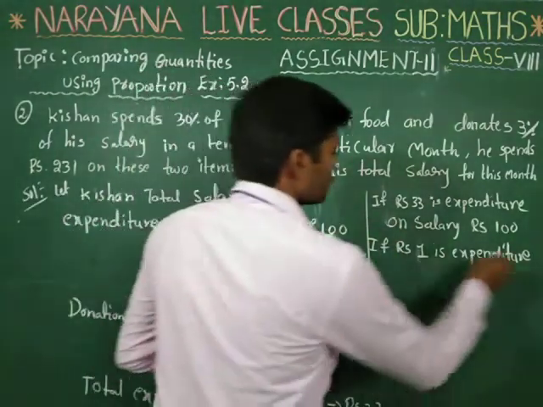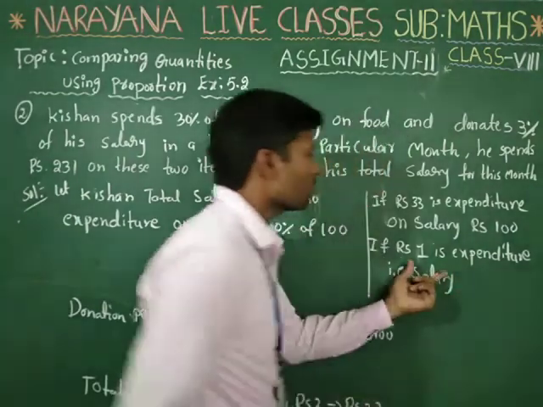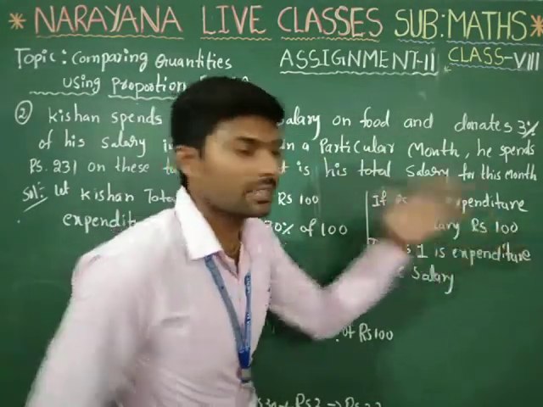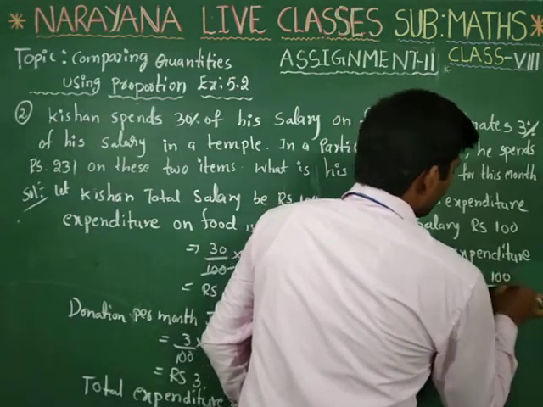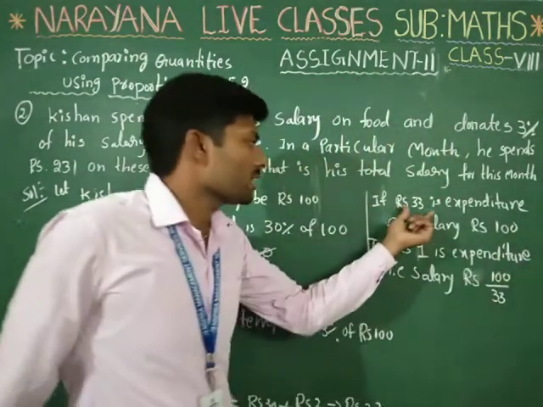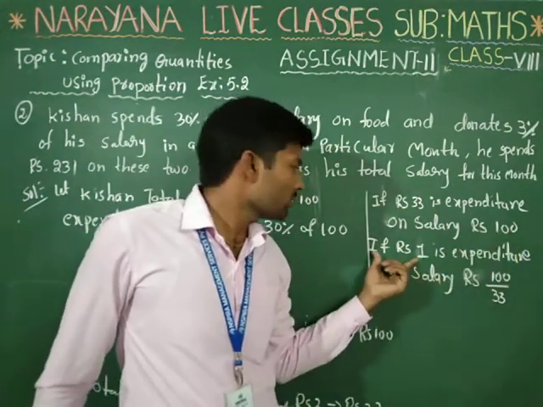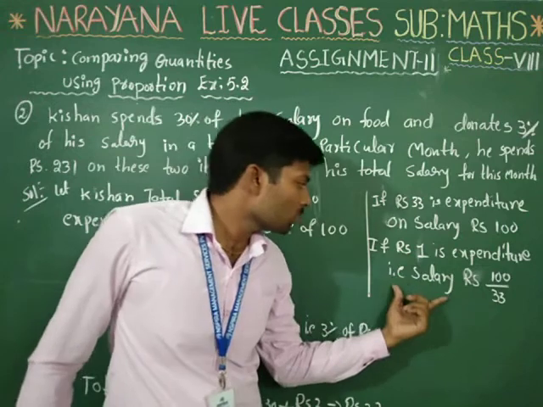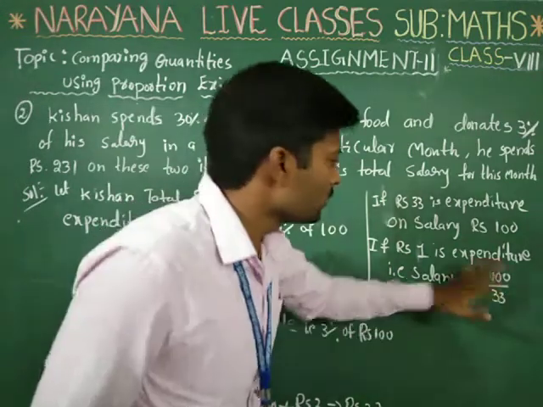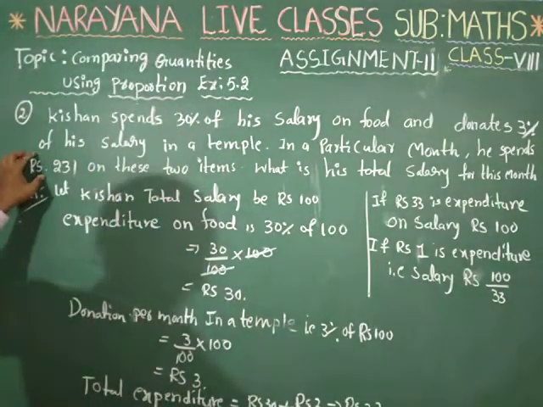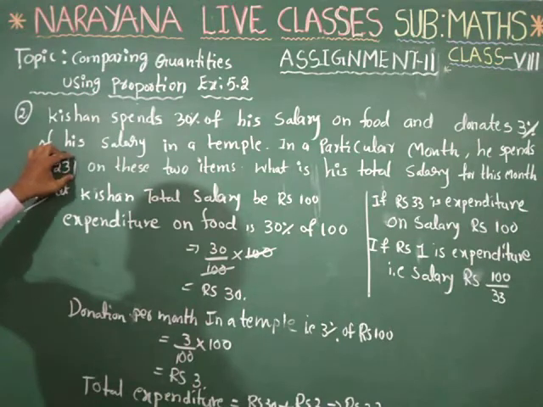It will become, then, the salary will become what? It will become totally 100 by 33, that is Rs 100 by 33. Okay, if expenditure is 33, what is the salary? That is 100. Next, if expenditure is 1 rupee, what about his salary? That is 100 by 33. Similarly, for example, in a particular month he spends 231 on these